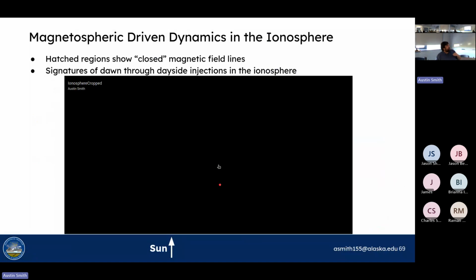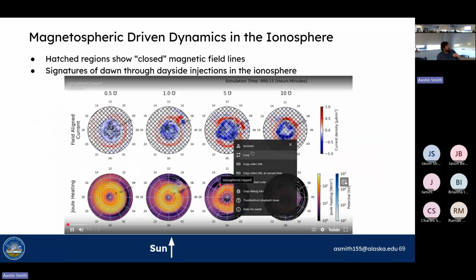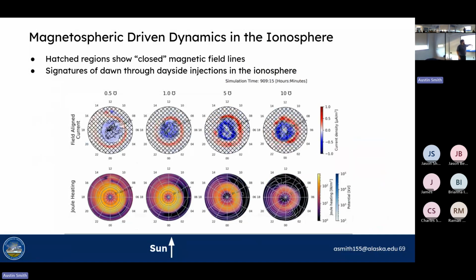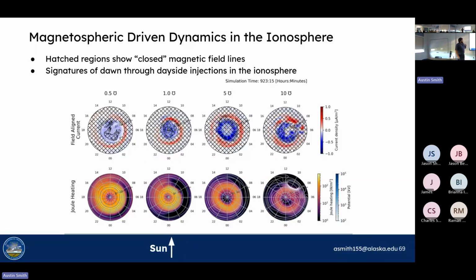And here we can see the dynamics in the ionosphere as well. So this is every 15 minutes. So there's down to a couple of seconds dynamics seen through JUST. But this is on the top row, the field line current, on the bottom row, the Joule heating and the potential contours. Again, the hatched regions show closed magnetic flux mapped down to the ionosphere, and the unhatched regions show